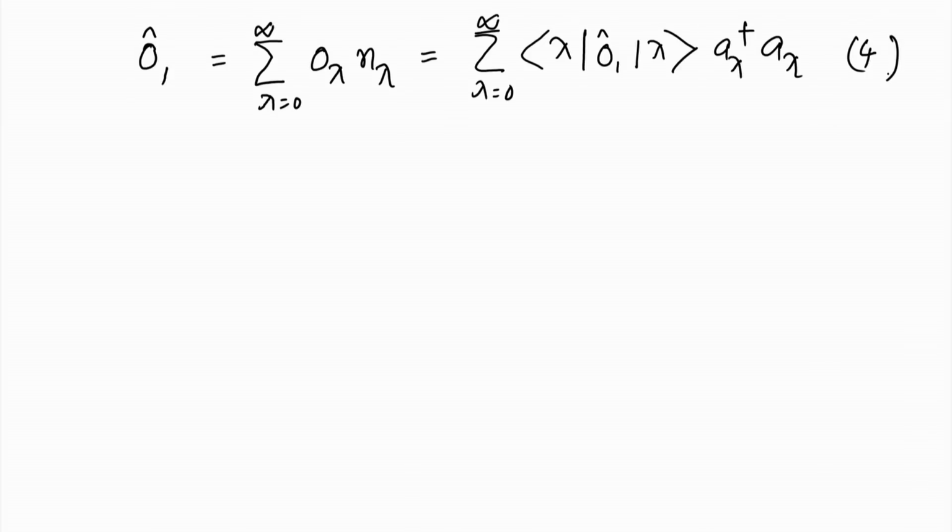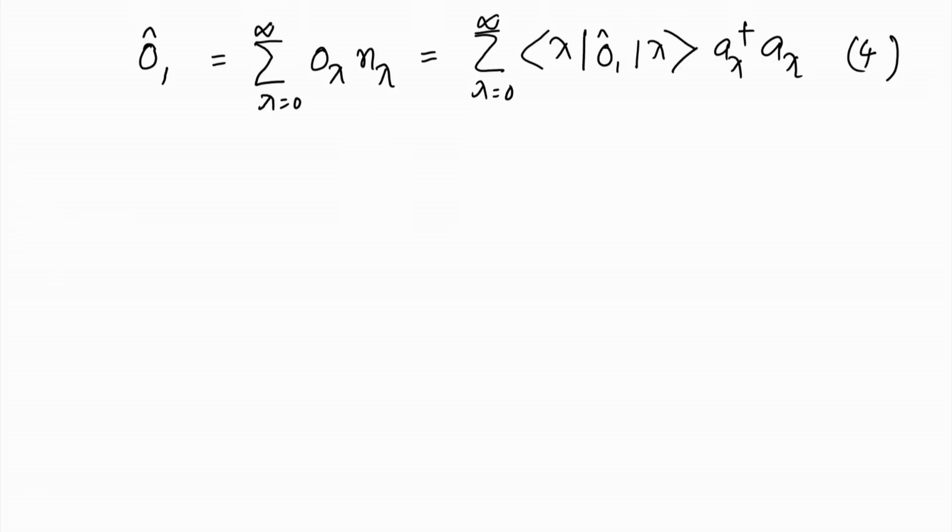So, the interpretation is straightforward: a one body operator engages a single particle state at a time, and the other states are simply spectators. In a diagonal representation, one simply counts the number of particles in a state lambda, which is given by n lambda, and multiplies it by the corresponding eigenvalue of the one particle operator between its eigenstates lambda.